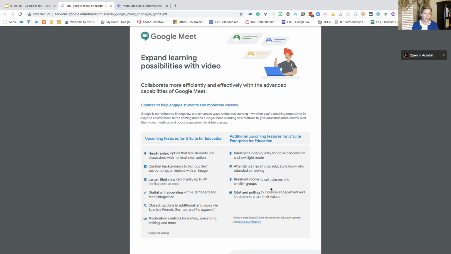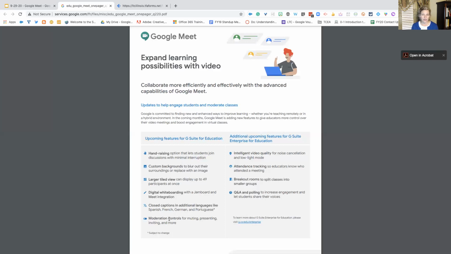So just like with some of your subscriptions out there, you could buy a subscription to Screencastify yourself. Your school didn't have to buy that account for all the teachers. But in this case, with the G Suite Enterprise for Education account, it is for the whole school. So here on the left-hand side, this is what you'll have in your account even after tomorrow. Don't panic if you don't see some of this in your account right now,